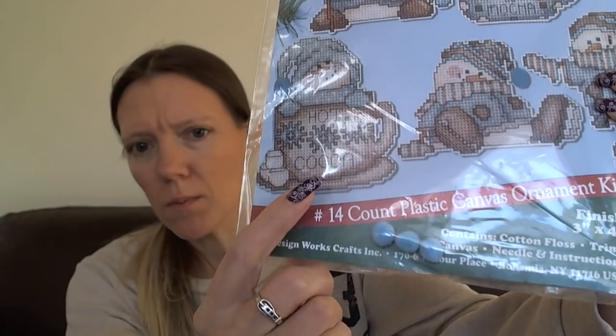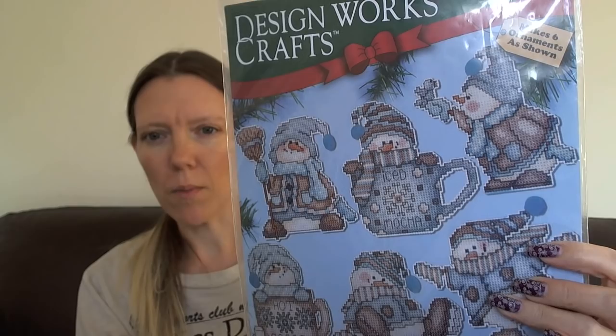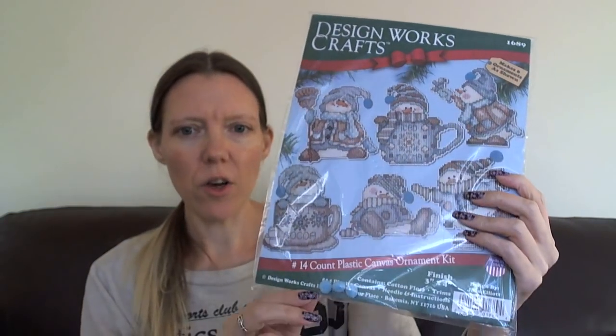There's a couple of disappointments with Design Works kits for me. For this one and the other one that I'm going to come on to, and they're the only two that I've stitched. Yeah, this one here, you can see them, you see those little pom-poms? Well, there should be 6 little pom-poms because they've all got a pom-pom on the hat. And I only got 4, there's 3 then, there's one at the back. So there was only 4,